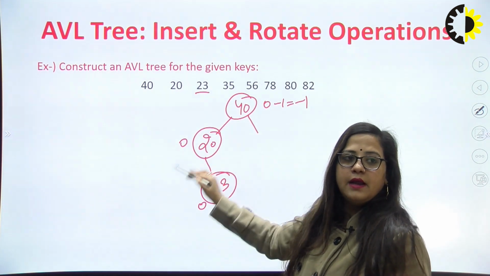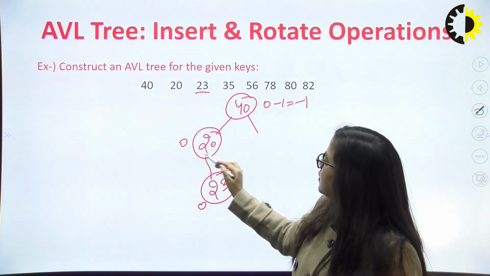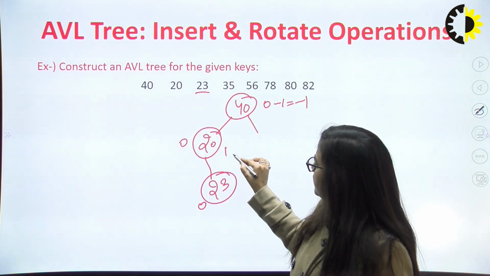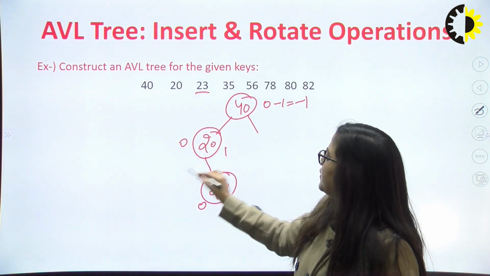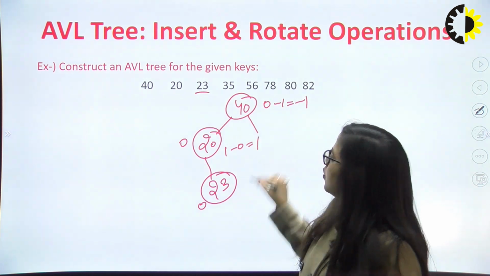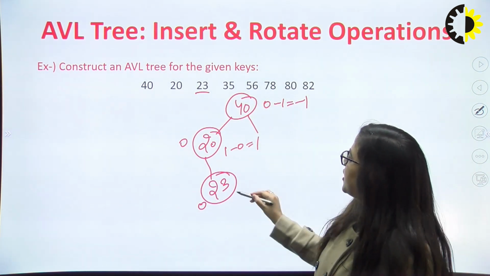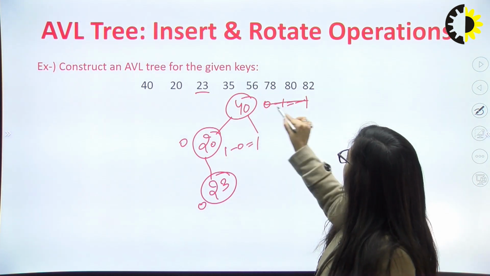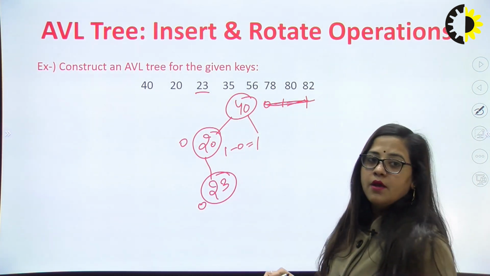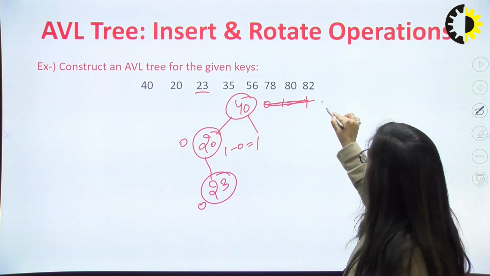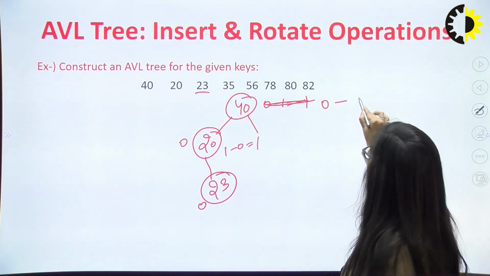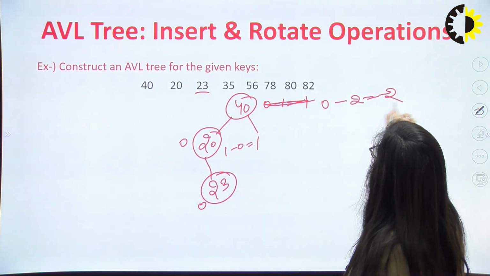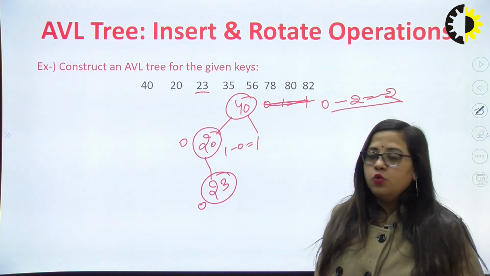The right and left element is not here. So 1 is in the right direction and the left direction is not there. The next number checked is 1 and 1, 2, and there is no child here. So what is the balance factor? 0 minus 1 or 1, 2, minus 2. So we need rotation here.